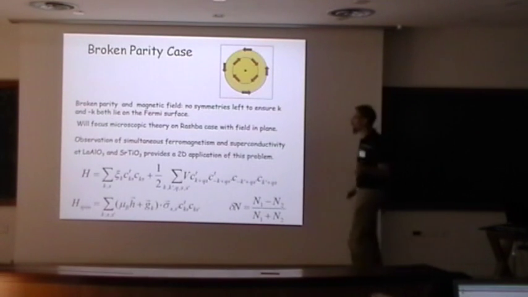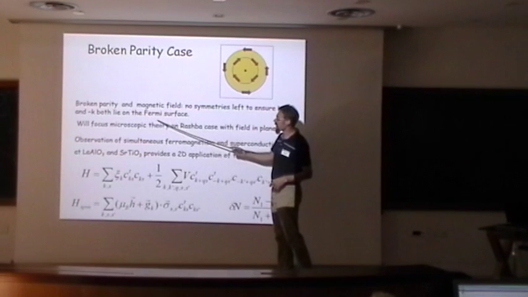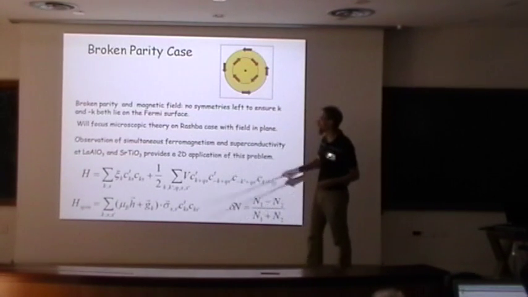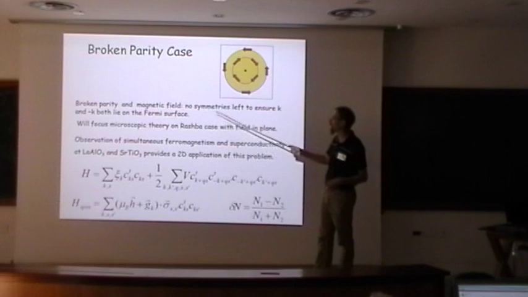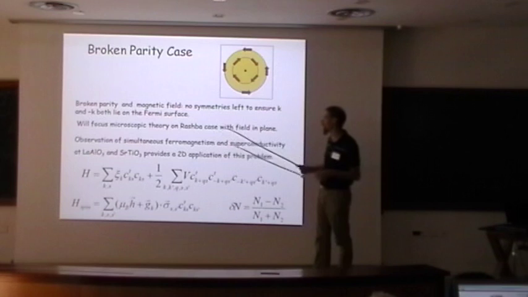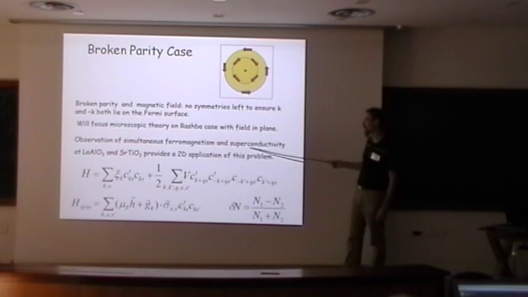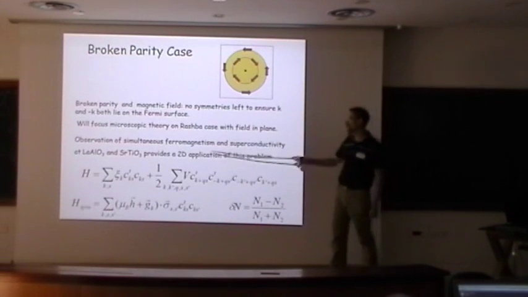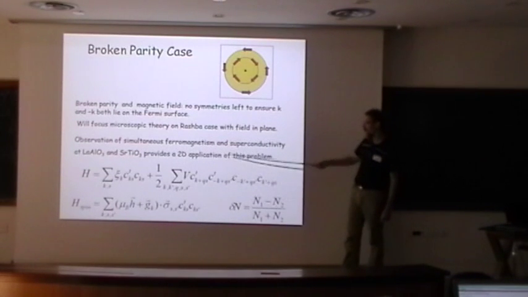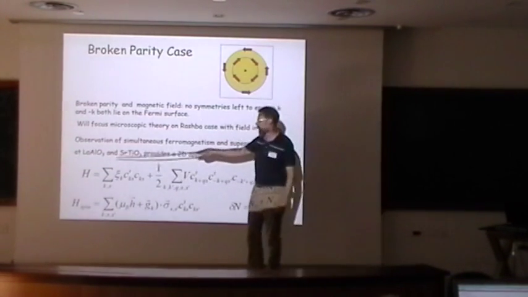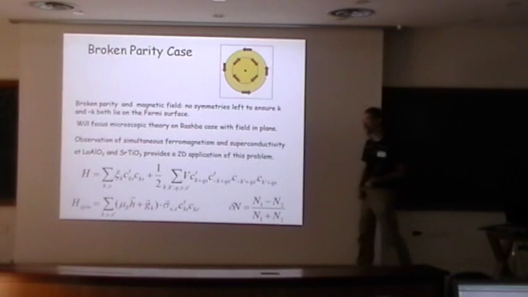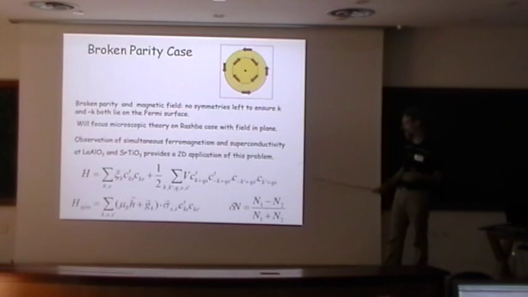All right, so in the very next couple of slides, I will look at a particular theory, in particular a Rashba spin-orbit coupling. I'll talk about 2 dimensions and 3 dimensions, and I'm going to go over this very quickly just to show you the main results. We're going to apply a field in the plane, and we're going to see what happens. This is a relevant problem recently because of the observation of ferromagnetism and superconductivity in these lanthanum aluminate strontium titanate interfaces where you have these 2D electron gases. And in fact, people have very recently done theoretical work along these lines in these papers.